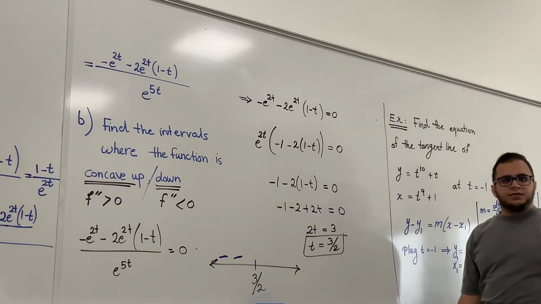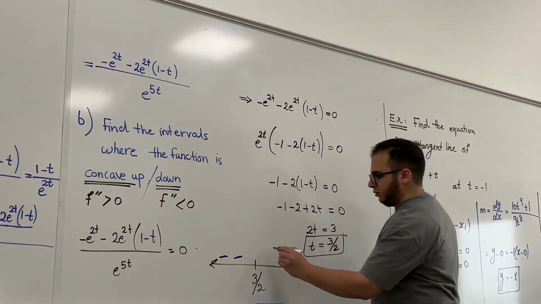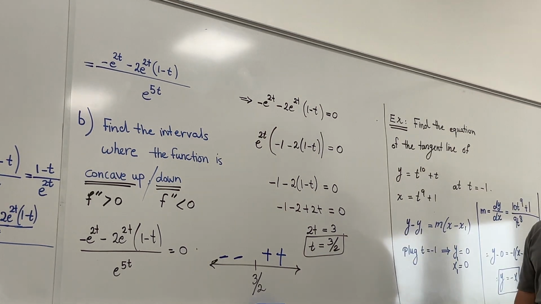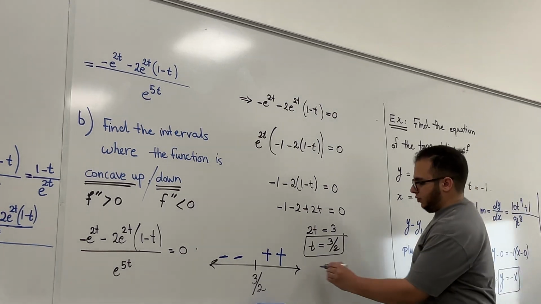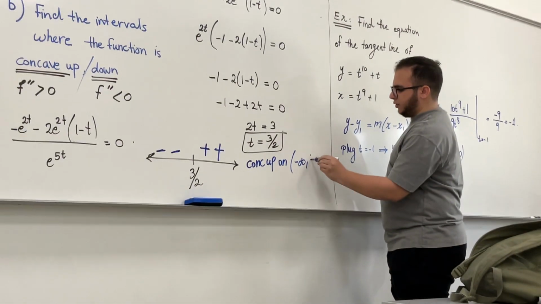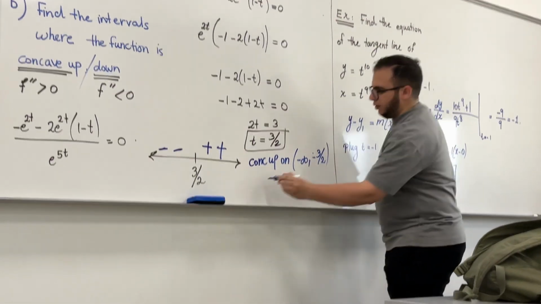And this will be plus. Okay, you can check. Yeah, it will be plus. That's it. So the curve is concave up on minus infinity to minus 3 over 2 and concave